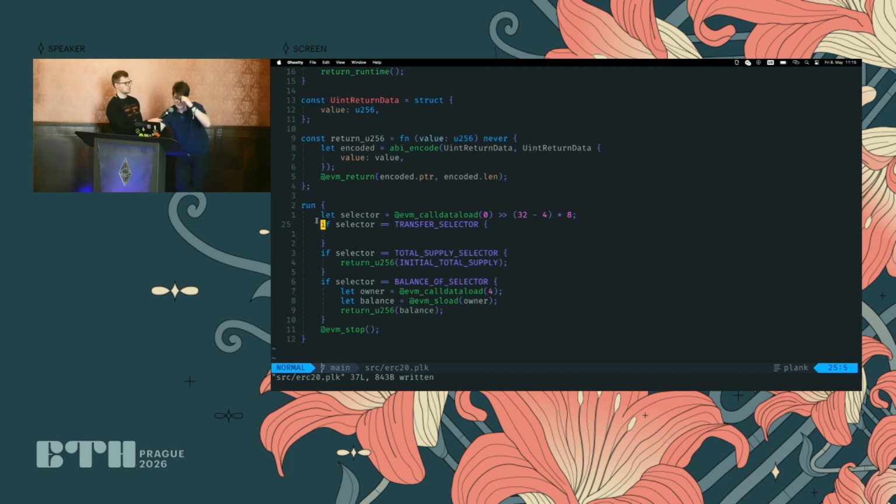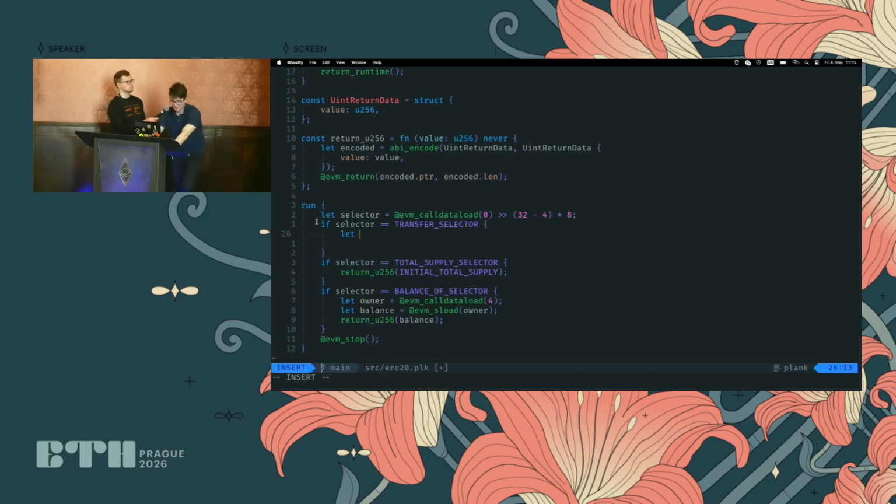But it's less ergonomic. If you look at, for example, OpenSea, it's a famous case of this. Zero Age wanted the order execute function, which was the hot path, to be more efficient. So he had to use a custom tool to mine a special selector for the order function just so that it would have 0 bytes and then Solidity would magically place it at the top. But instead of doing this, you can just customize that directly in Plank and do it like that.